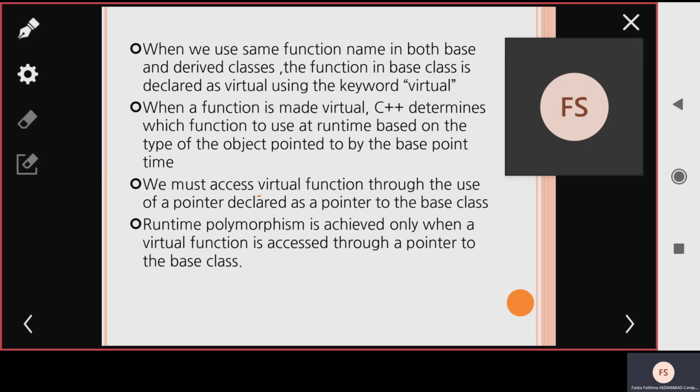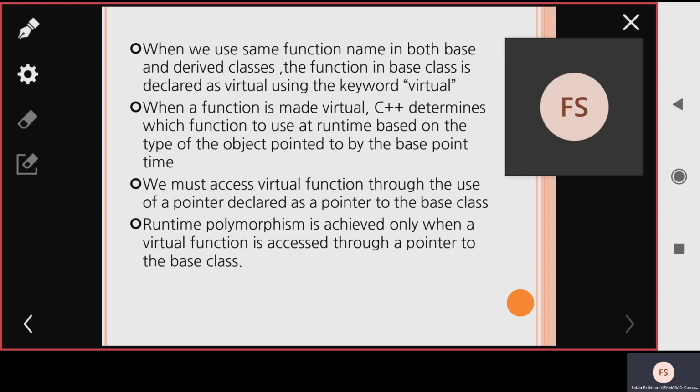We must access the virtual function through a pointer declared as a pointer to the base class. By using the pointer declared in the base class, whatever that pointer points to, we can access the virtual function. Runtime polymorphism is achieved only when a virtual function is accessed through a pointer to the base class.